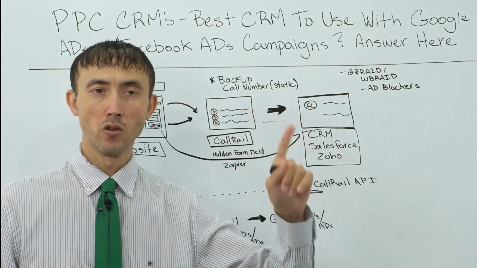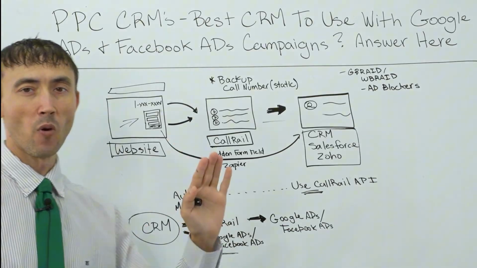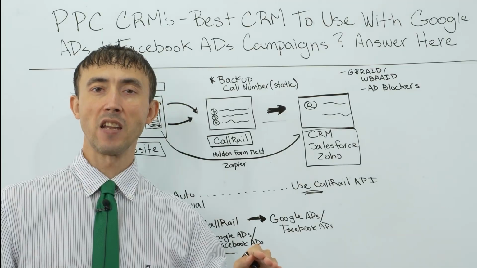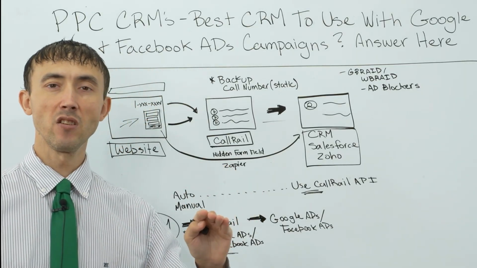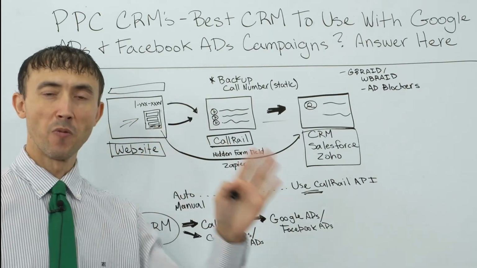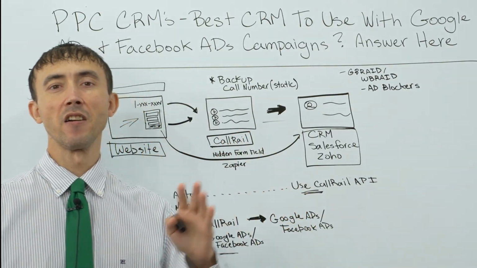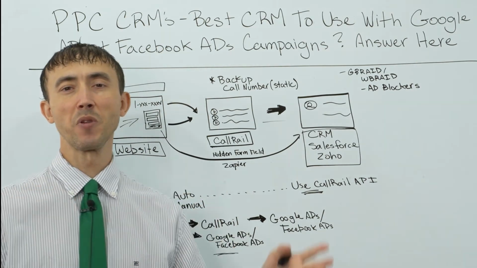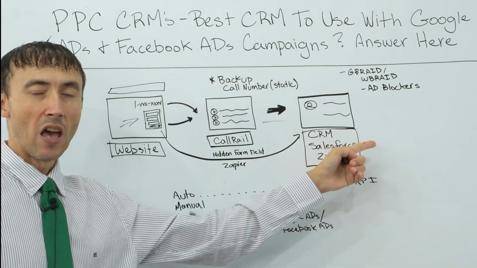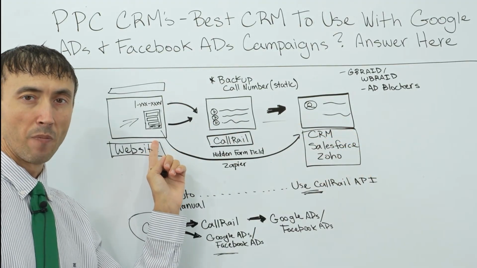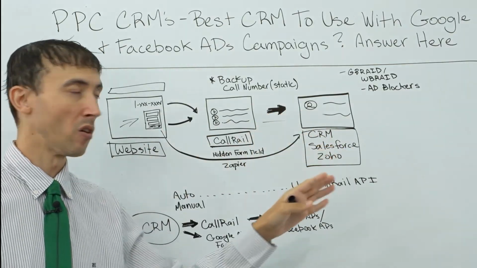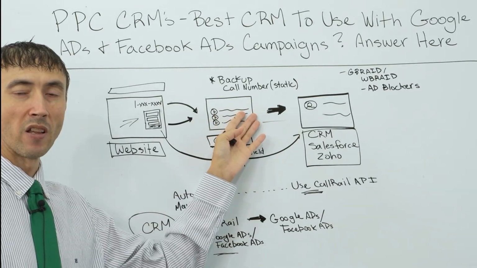And also, do not use the embeddable forms from these CRMs on your website. It's going to absolutely kill your ad campaign performance. If you had to, of course, there's a workaround where you can grab the click ID from the form by adding a hidden form field, potentially, and get around it, but just simply don't use it. Send the data to your CRM through your Zapier account, and then get it back in your ad platform by doing it manually, most likely, if you're not too technical, or sending it through your CallRail account, ideally,